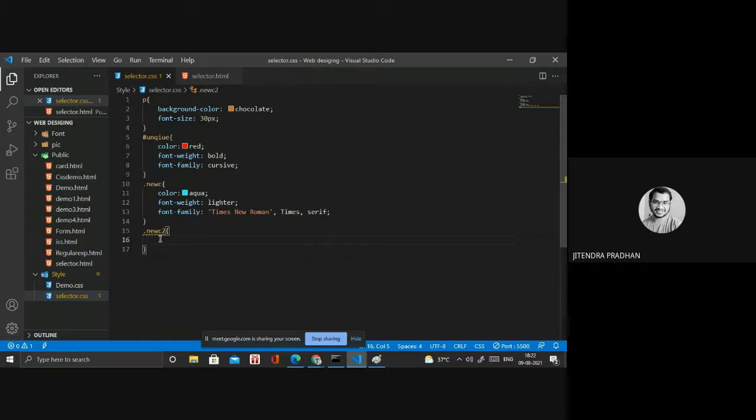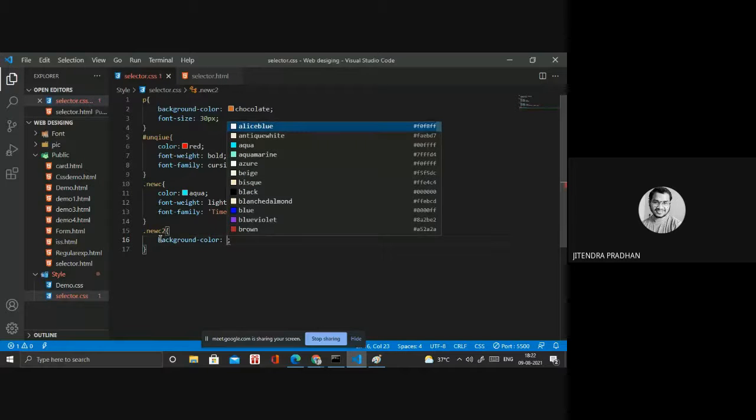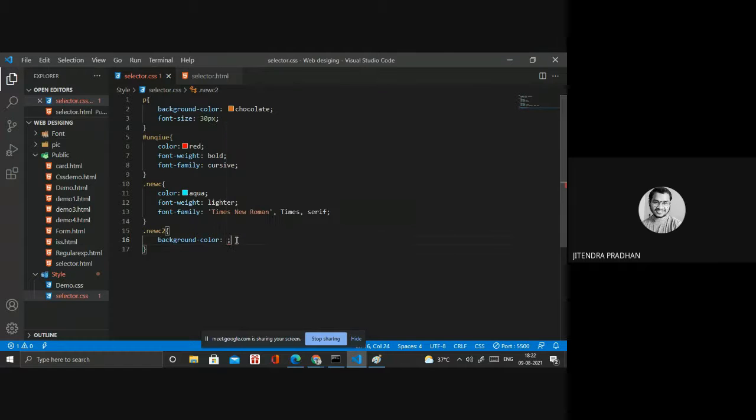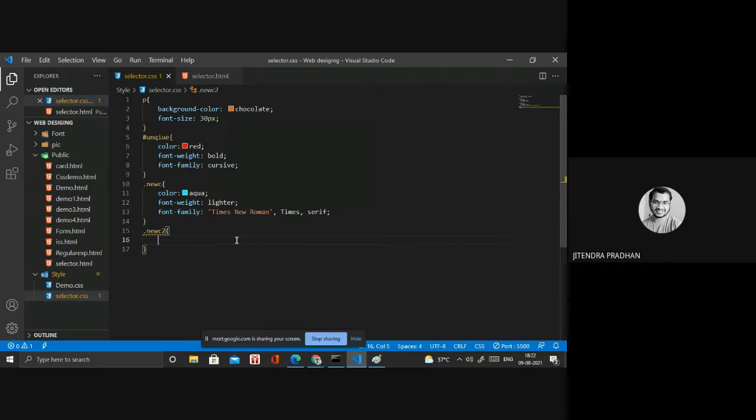That's why you have to understand. Wait, background color I already changed. Okay, background color, and inside I need to define border also. Yeah, font family is there, all these things we are defining.